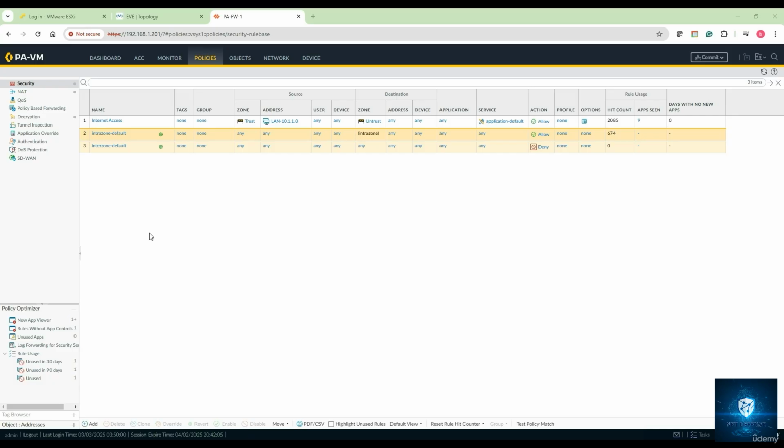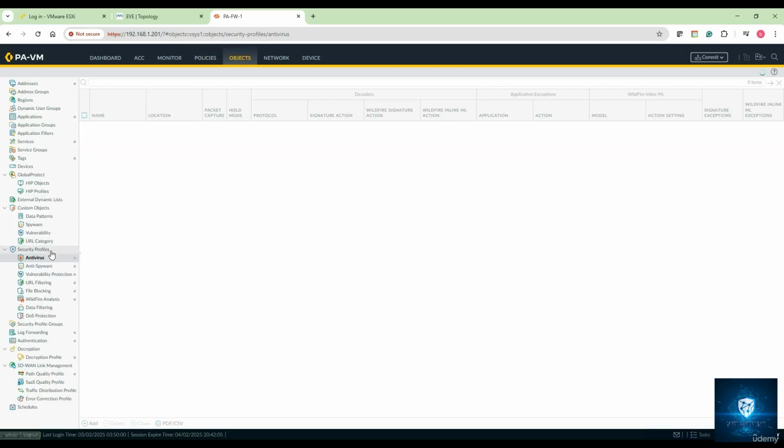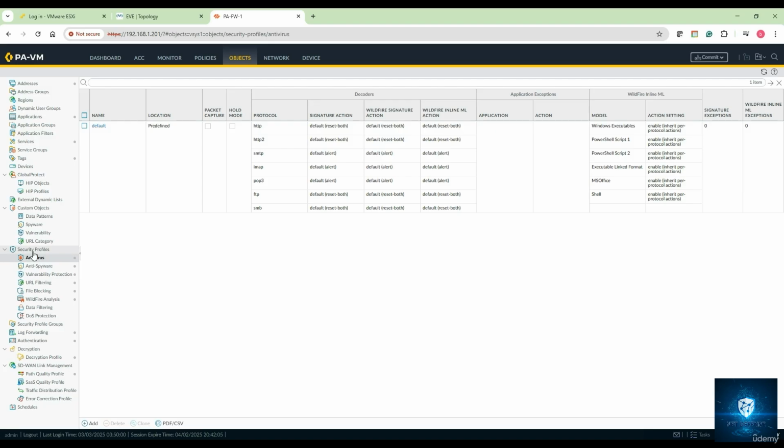Let's do one thing. Let's configure this particular antivirus profile first, and then I will give you some key points which you must remember when you work with antivirus profiles. So let's go ahead and configure it. First, we will click on the Objects tab, then click on Security Profiles. It might be hidden, so you might have to expand this, and you will find that the antivirus profile is there,